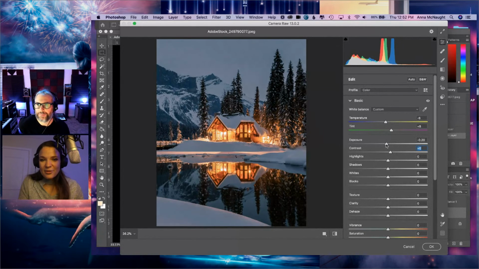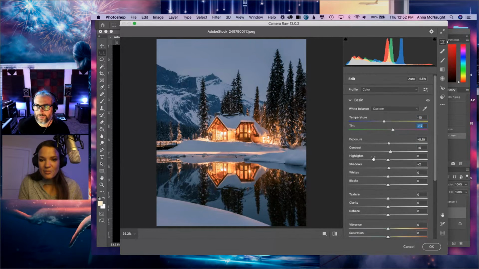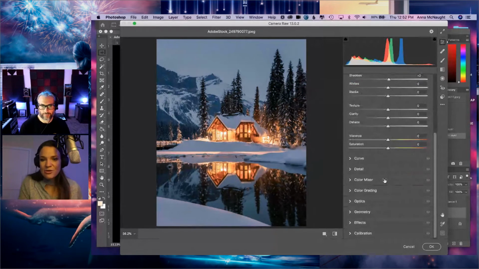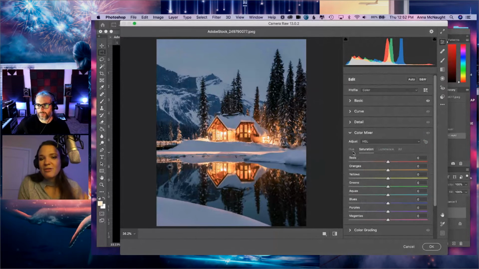Yep, absolutely. So I think what I'm going to do here in Camera Raw is just a very simple color correction, putting it into the color realm that I'm interested in for the style of this. Of course, if you wanted a different look, or you're not really into the blues and the purples, then you can take it in a warmer palette too.